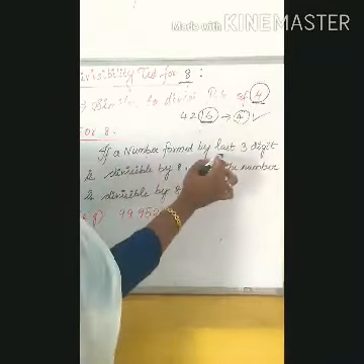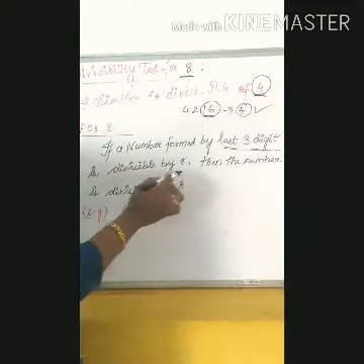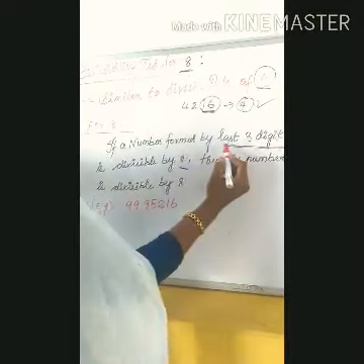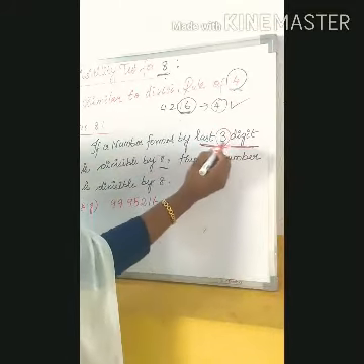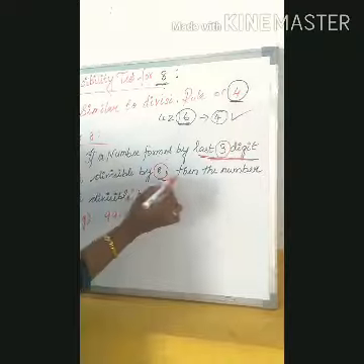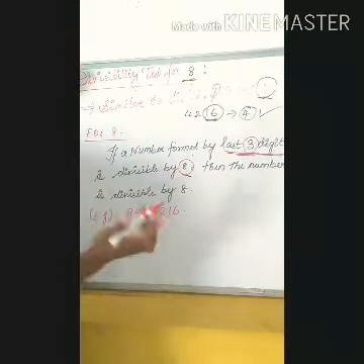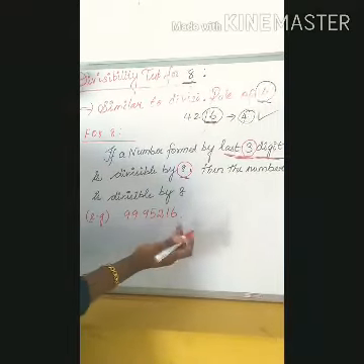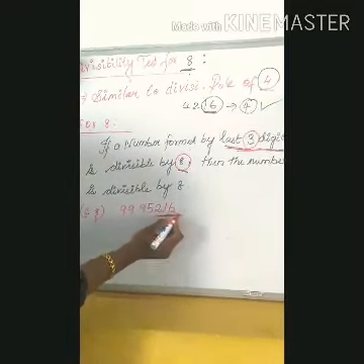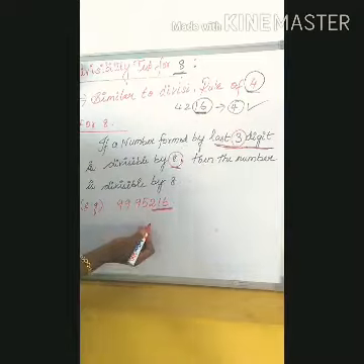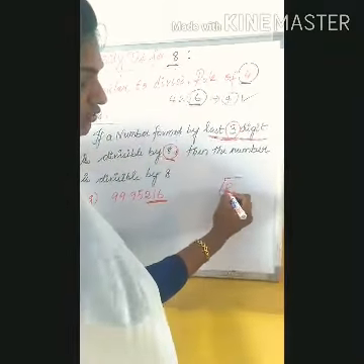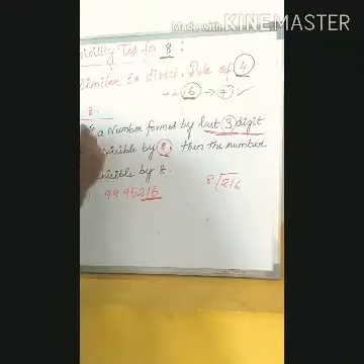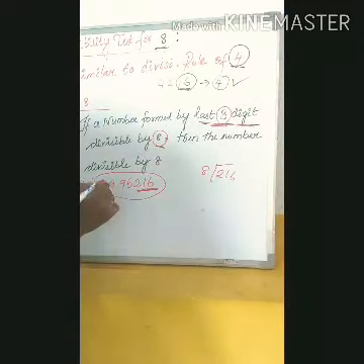If a number's last three digits are divisible by 8, then the number is divisible by 8. Here we have to check with the last three digits. If the last three digits are divisible by 8, then the number is divisible by 8. So, for example, I have taken the number 9995216. What are the last three digits here? The last three digits are 2, 1 and 6. So, check whether 216 is divisible by 8. If it is divisible by 8, then this whole number is divisible by 8.